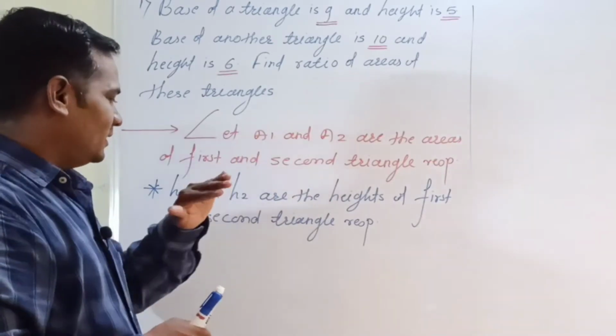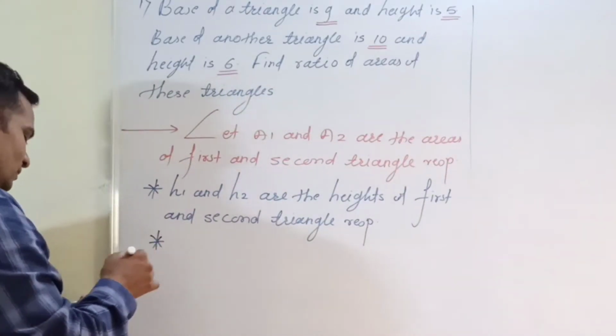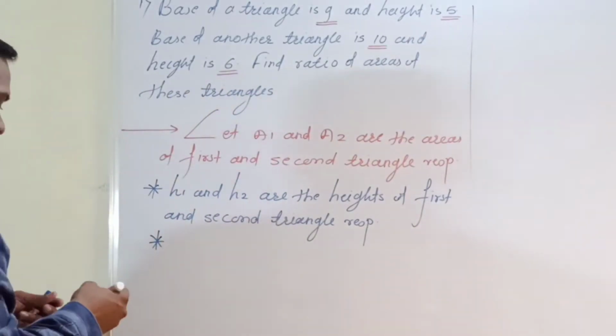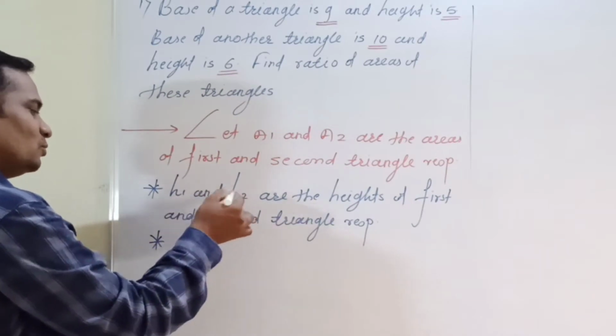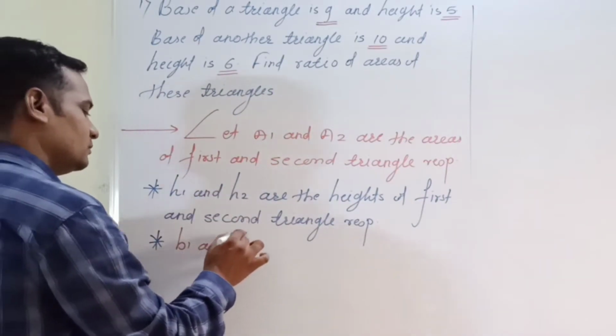Just like A1, A2 are the areas of the first and second triangle, similarly H1 and H2 are the heights. Now area is there, height is there, only base remains. So again, similar to this, B1 and B2